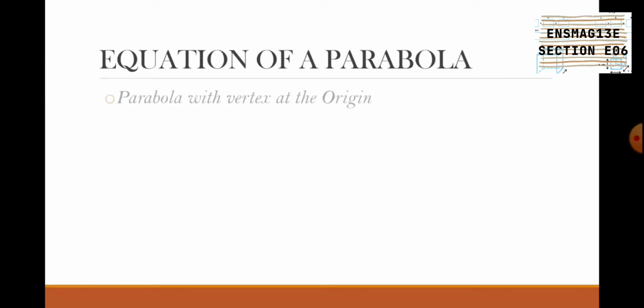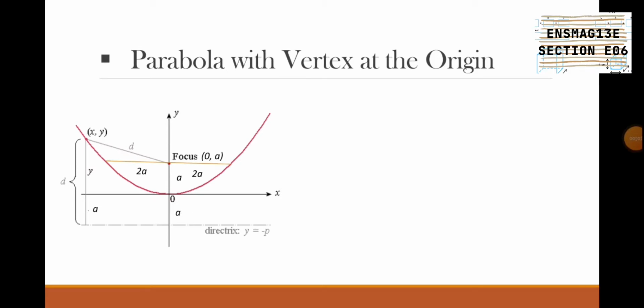Equation of a parabola. Here we will learn about the parabola with vertex at the origin and the parabola with vertex at (h, k). Parabola with vertex at the origin. In our figure, we consider the distance from the focus to a point as d. Since the parabola has an eccentricity of 1, that means the distance from the directrix to the point is also d,